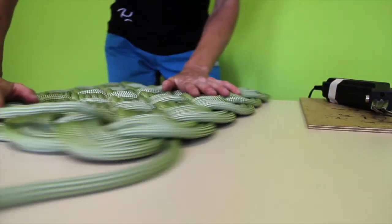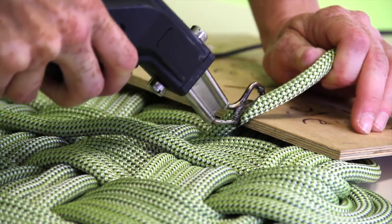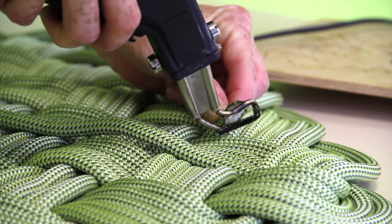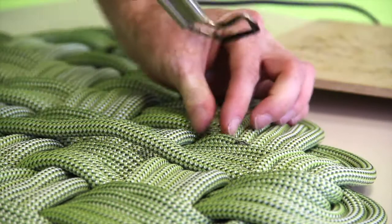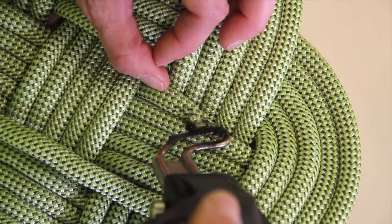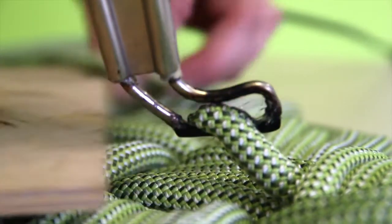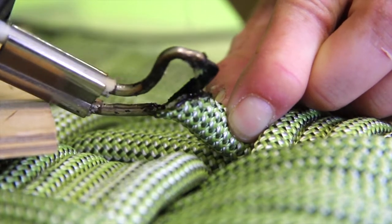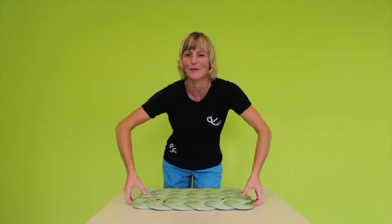That one. Our second join is over here. You see that one rope's on the outside and the other's on the inside, so we'll join them to the ropes beside them. Melt that again. And then we'll bond it to the rope beside. And again, I'll fix that on just by melting a little bit of them together. Now our edges are joined, we can flip our mat over and it's